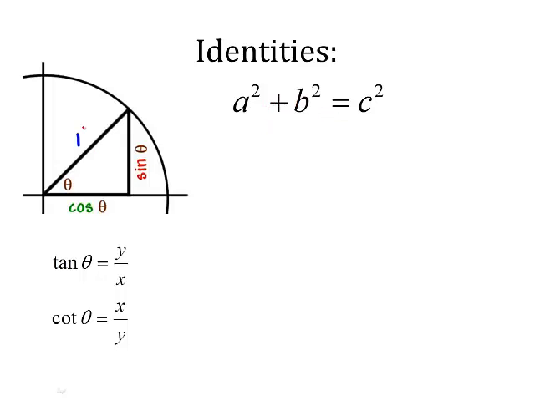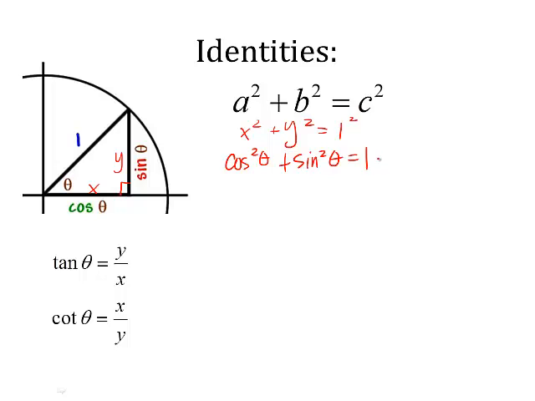Now, let's look at this picture for a moment. We've already talked about the triangle on the unit circle. Here's our right triangle. Our x values are always cosine, our y values are always the sine, and our radius is always 1. So if we apply the Pythagorean theorem to this triangle on our unit circle, we know that x squared plus y squared equals 1 squared, which is 1, right? Now if we put in the trig function for x, which is cosine, we get cosine squared of theta plus the sine squared of theta,